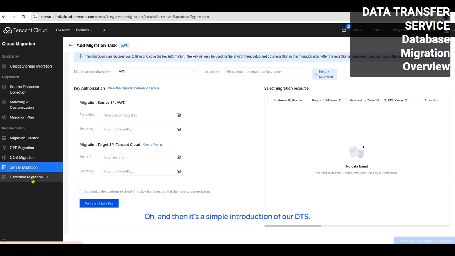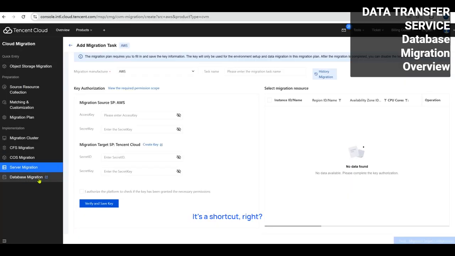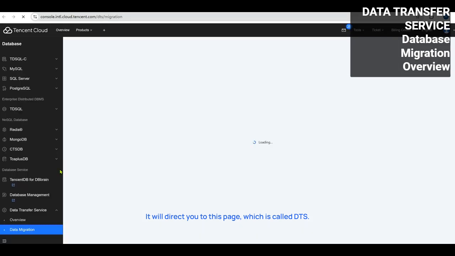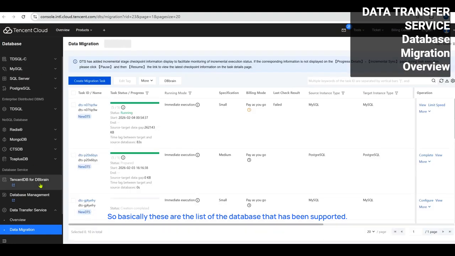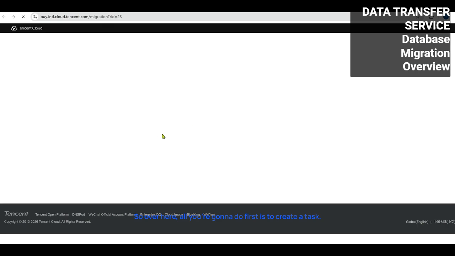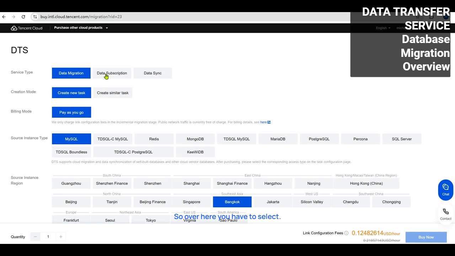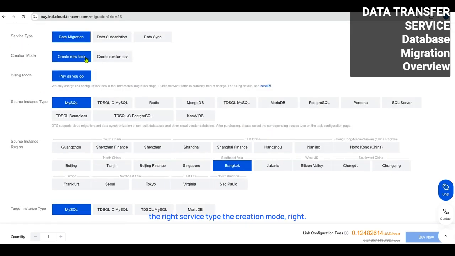a simple introduction of our DTS. You can click from here. It's a shortcut, and it will direct you to this page, which is called DTS. Basically, this is the list of the databases that are being supported. Over here, what you're going to do first is to create a task. For DTS, it's chargeable, so over here you have to select the right service type, the creation mode,